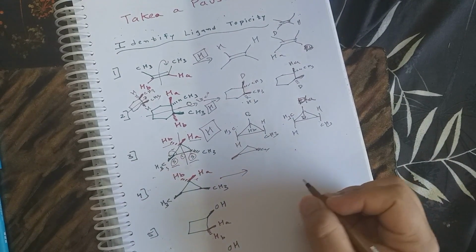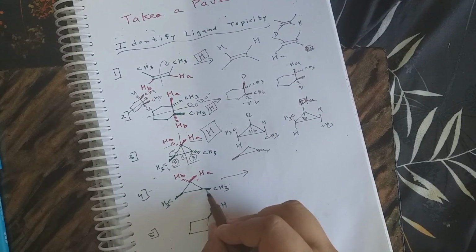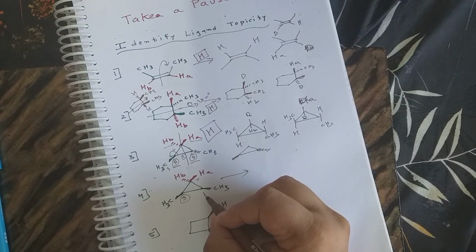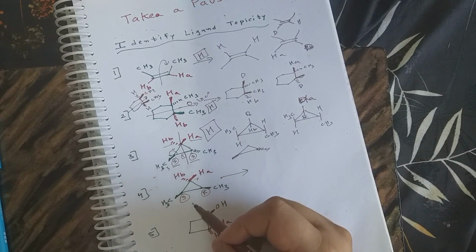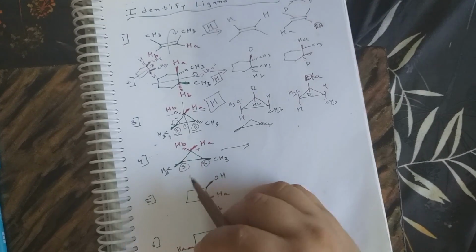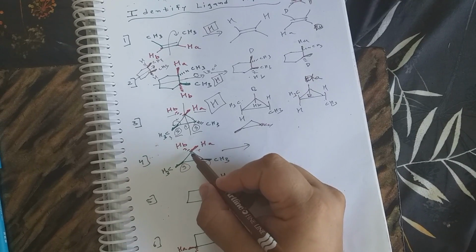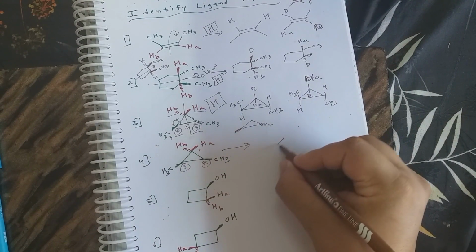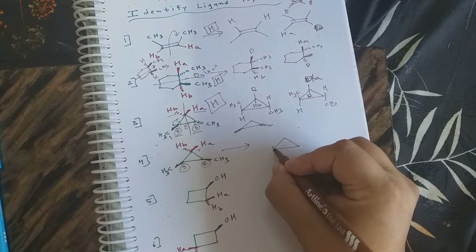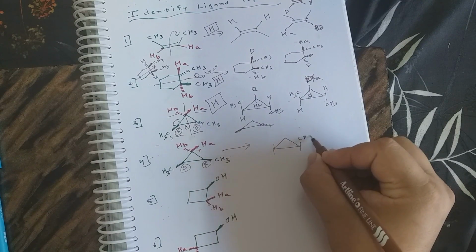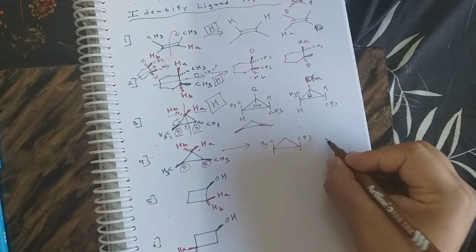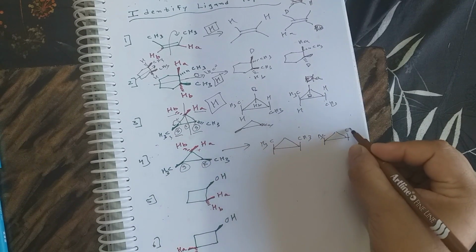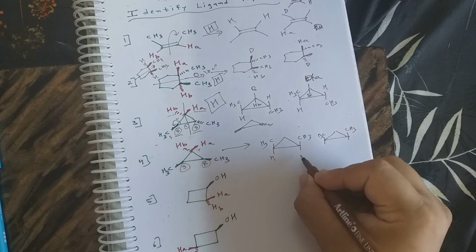Then in the fourth example, now this is a cis compound, so the configuration of this is S and this will now become R. So this is a meso compound. If this is a meso compound, then these both protons are now diastereotopic. How? I will tell you. Just draw like this: both methyls are on the same side in both compounds.